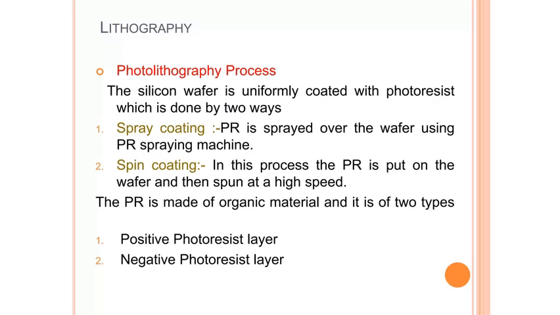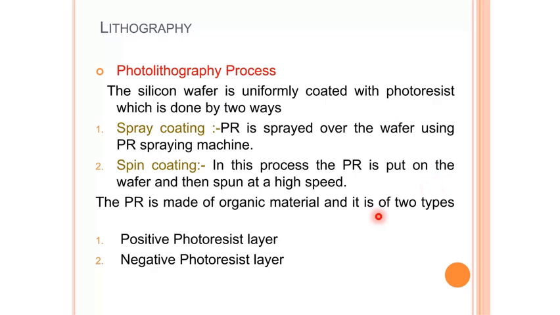So the same process applies, either spray coating or spin coating. We can apply the photoresist material onto the surface of the wafer. Photoresist is sprayed over the wafer using a photoresist spraying machine, or in this process PR is put on the wafer and then, at a high speed, it is rotated, so the photoresist material gets spread and covers the silicon